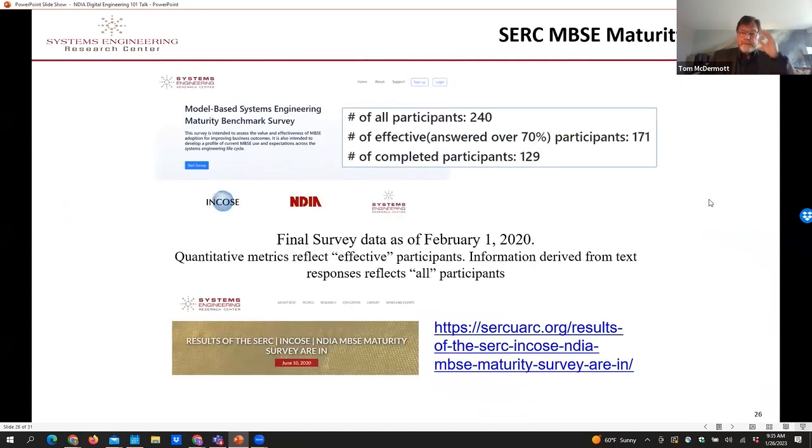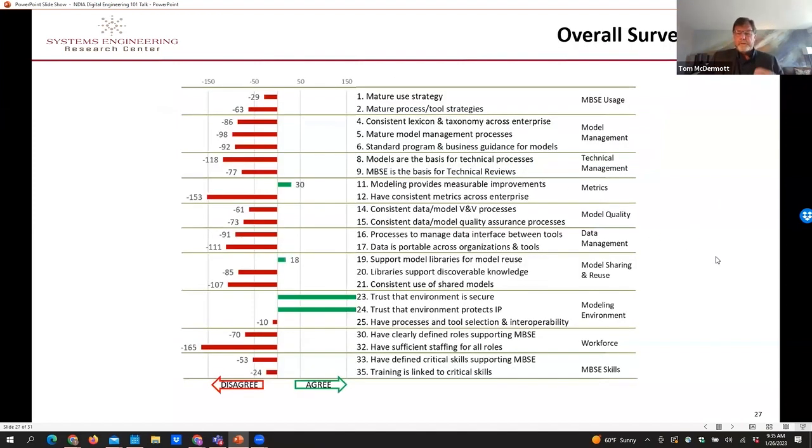So just quickly, where are we? We did a survey back in early 2020, and what we were trying to do is understand where people were in terms of their maturity. We used what Cozy calls their digital engineering maturity matrix to do the survey. You can imagine asking a question like, my modeling provides measurable improvements in my process.